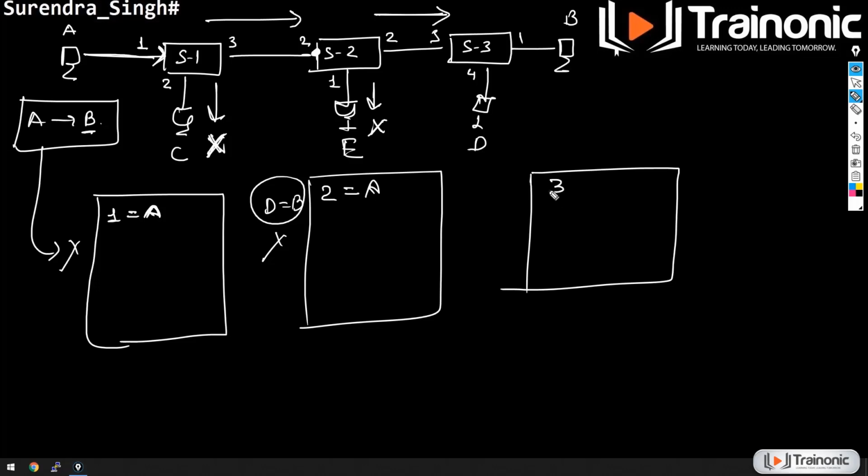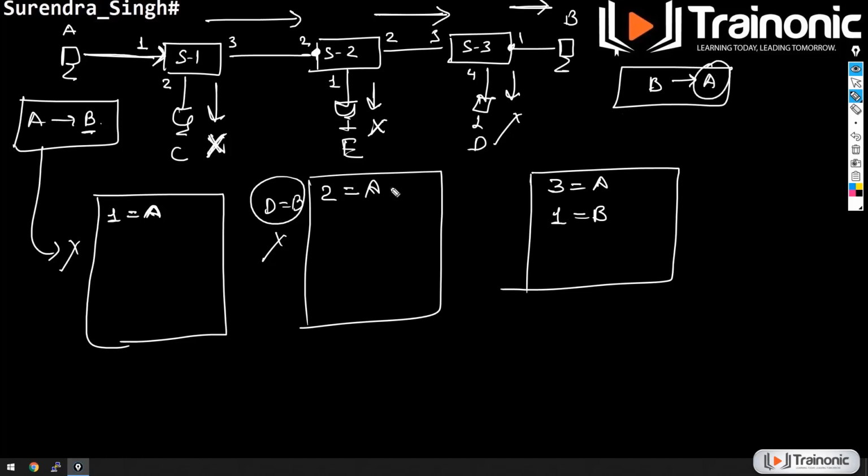Now switch number 3 will receive that and keep the entry in the MAC table, perform the flooding since the destination is not available, and then send it to the neighboring device respectively. So device B receives the frame, decapsulates it, and then gives the reply, and the reply will go from B to A. As soon as the packet is received on this port, the entry will be maintained that device B is connected out of port number 1. Then the switch will look up the MAC table for the destination MAC address, which is A, reachable out of port number 3, so the frame is forwarded out of port number 3 towards switch number 2.